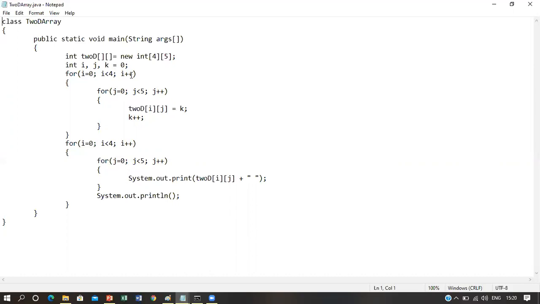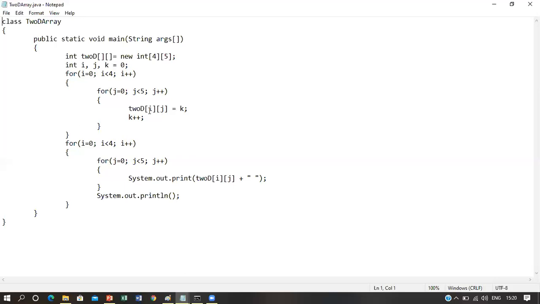We will see operators in the next lecture, where you will see that the same increment and decrement operators are valid in Java also. So here we have just used the post increment operator, which will increment the value of i by 1. Then it will enter into the inner for loop. That means here a nested for loop has been used, where the value of j will be initialized with 0. Next, there is a condition checking which will check whether j is less than 5 or not. Then in the last part j will be incremented by 1 by using the post increment operator.